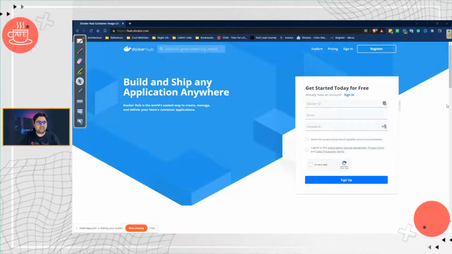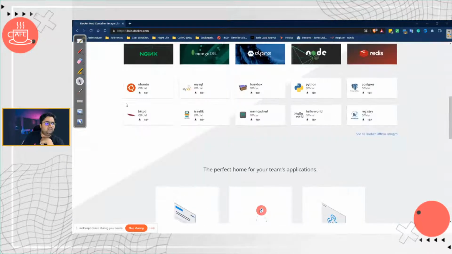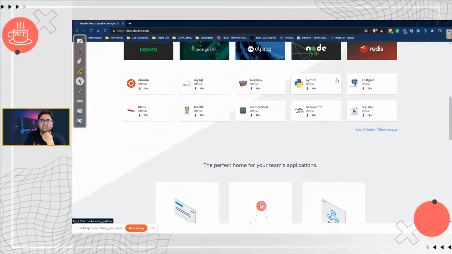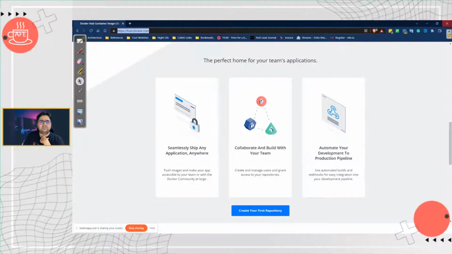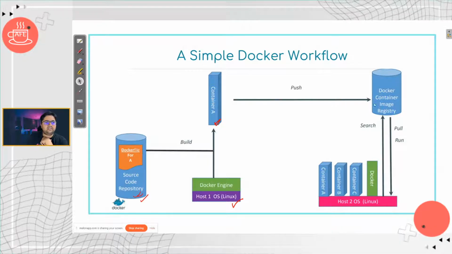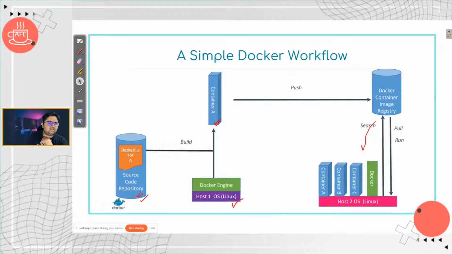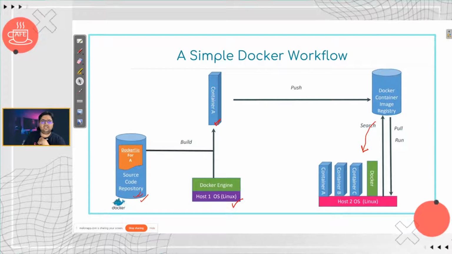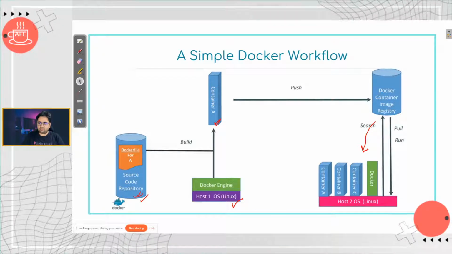I've just given the link to it. There's tons of applications out there. Most of the popular ones are used by people. You can use it for collaboration too. All right. So I can publish it to Docker Hub into a private registry, and anybody can just pull it and use it in their machine. So that's simply Docker Hub. That's a workflow for you.